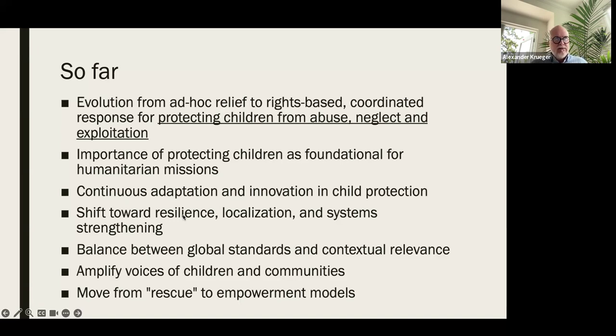A shift looking at localization. So localization means also contextualization and making sure that local leadership is involved and is part of the decision and actively shapes the decisions taken in humanitarian programs. But there is a great intention on that, but it's still a major challenge. So the balance between the global standards and contextual relevance is one of the big challenges that we see. It is a great evolution that there is that awareness that there is this challenge, but it is one of